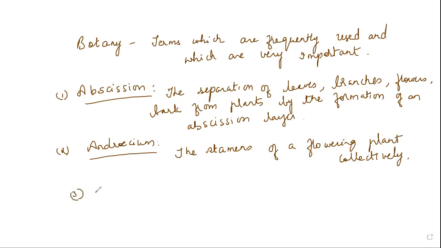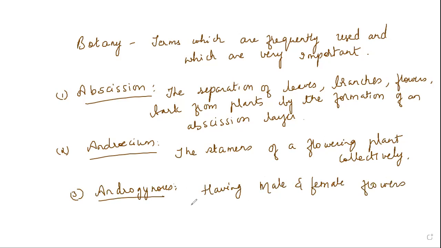The third one, Androgynous. Androgynous is having male and female flowers in the same inflorescence. They are nothing but having male and female flowers in the same inflorescence. Example, coconut palm. Let us go with the next